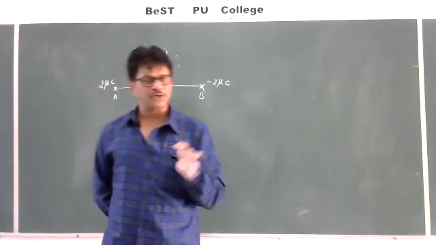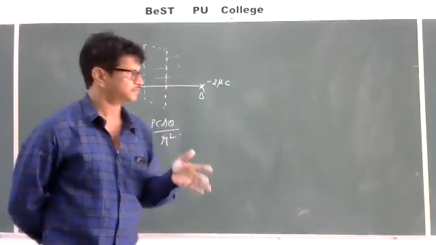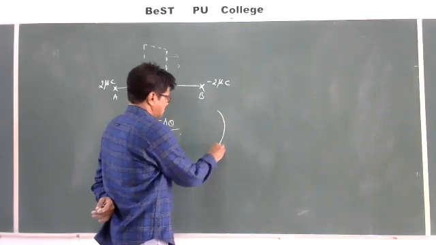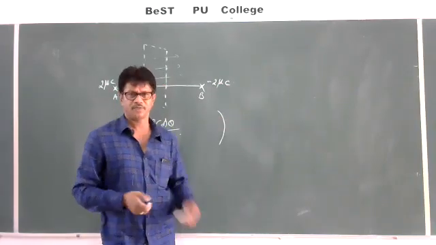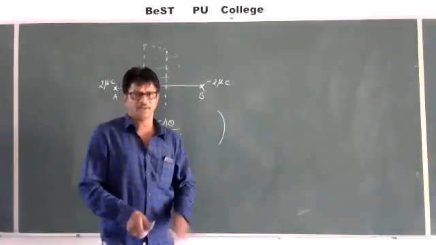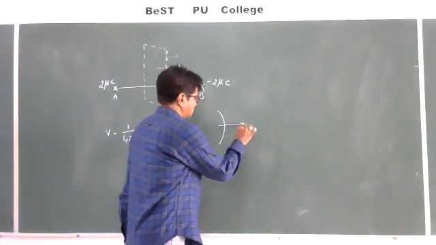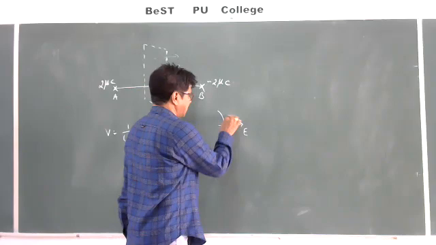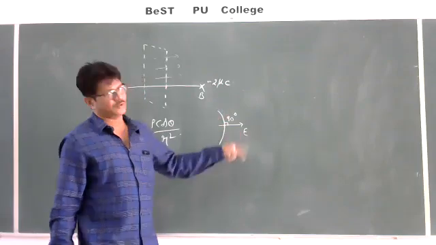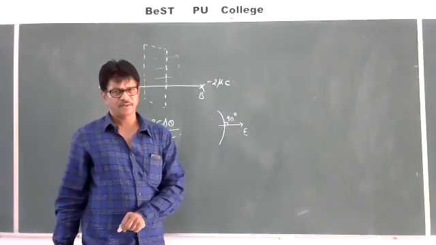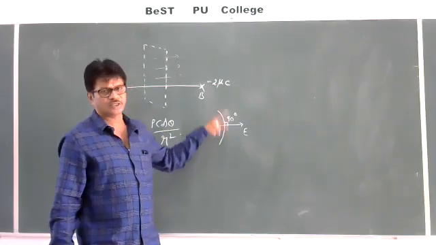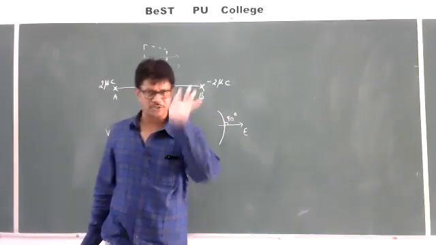Now, while discussing equipotential surface, we discussed that at any point on the equipotential surface, what are the points we discussed? Equipotential surfaces will always be concentric, and the angle between the equipotential surface and the direction of electric field is 90 degree. And the equipotential surfaces will never intersect, and the work done to move any charge from one point to another point on an equipotential surface is 0. These are the points we discussed.